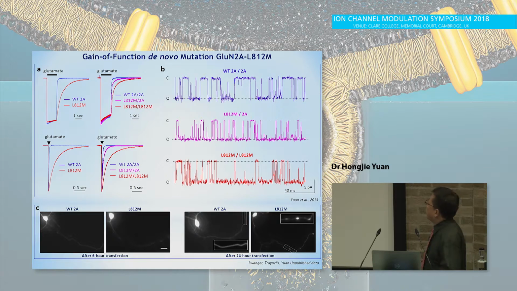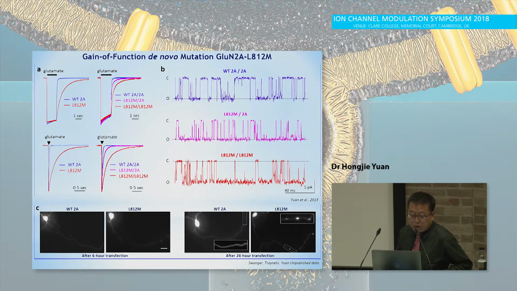We then performed whole-cell patch-clamp recording on transfected HEK cells. We measured the time course by prolonged application or brief application of glutamate or glycine. Our data show that the mutant receptor had a significantly slower deactivation time course, by 8 to 10-fold, to both glutamate and glycine. We were curious about the effect of a single copy of the mutant